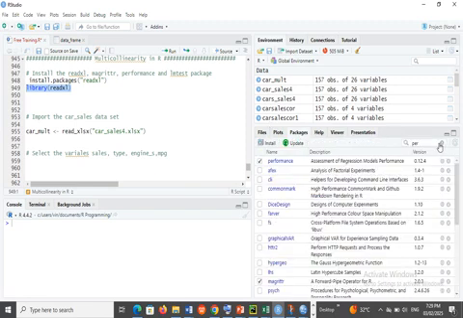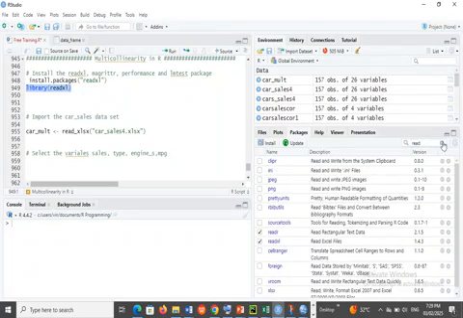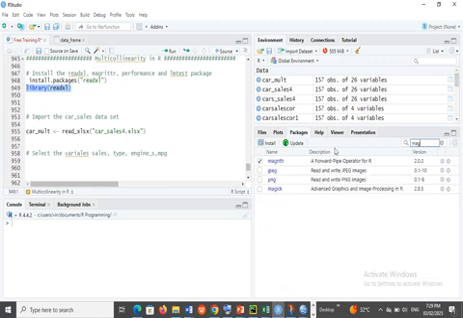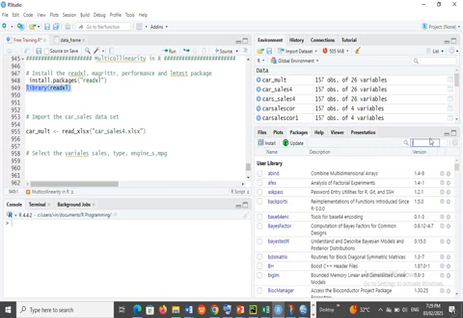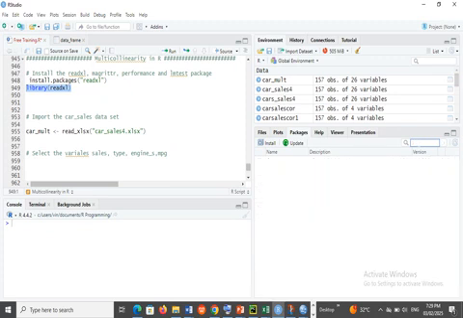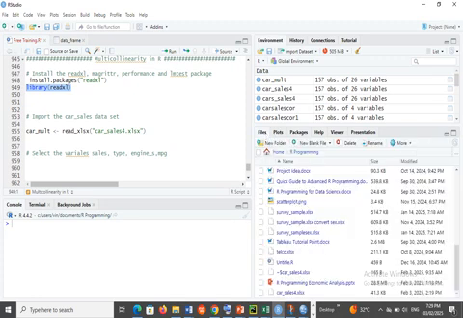So I've already installed that in R. As you can see, I already have that in R, and also I already have the other one in R as well. I have all those packages already installed in my R. And the last one is the performance package. So if you haven't installed those packages, you have to install those packages in R. So the next one we are going to install